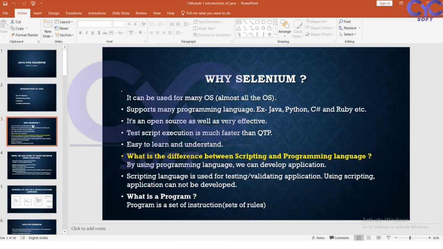We are going to automate our test cases by using Java. So why do we have to use Java in Selenium? First, Java is open source and Selenium is also open source, which we can use freely. Selenium supports different operating systems and Java also supports different operating systems. Both are open source. And coming to Java,